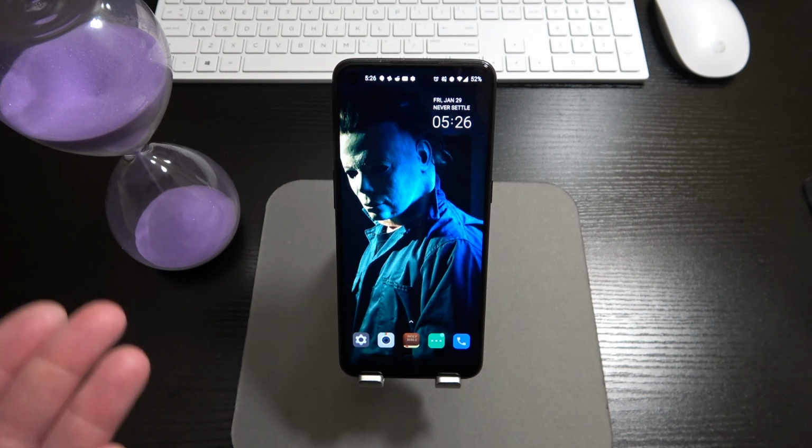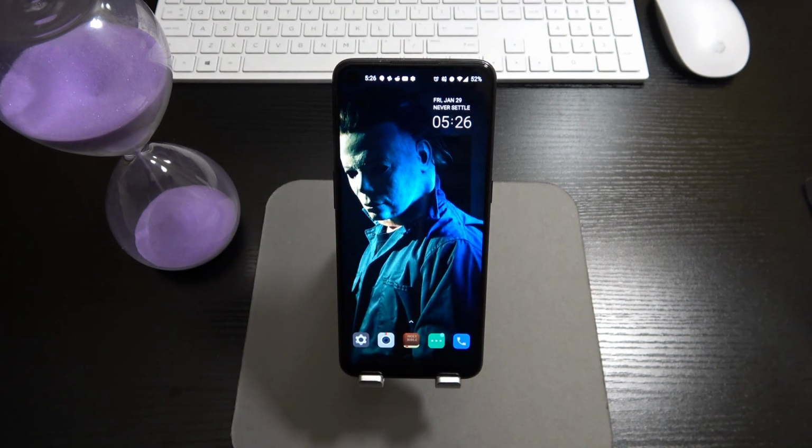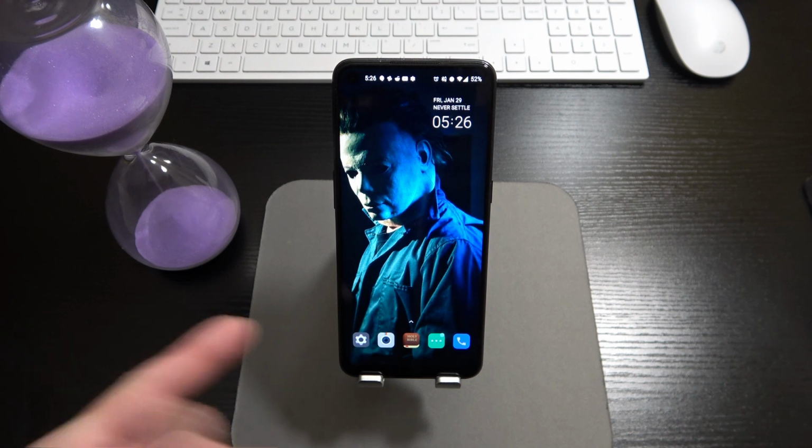So it's nice that for a $300 price tag here, you get the higher refresh rate. You're going to get to experience some of those smoother experiences with the device. So again,